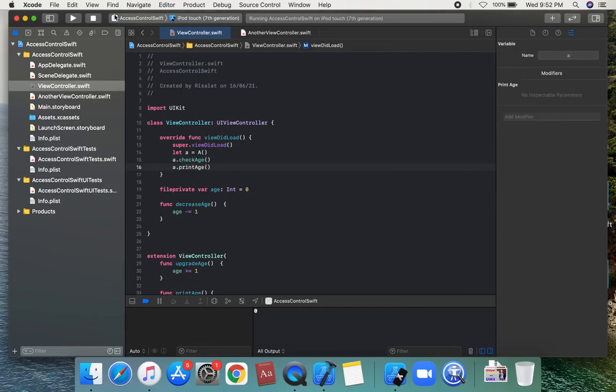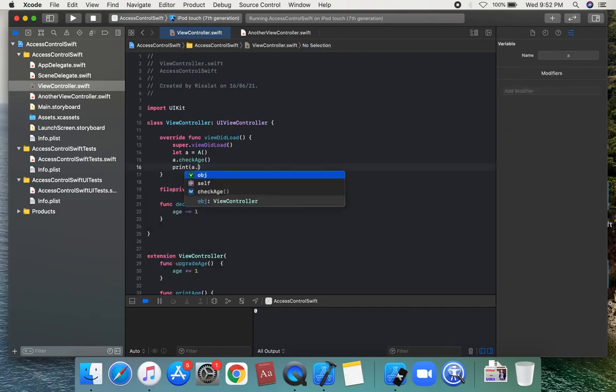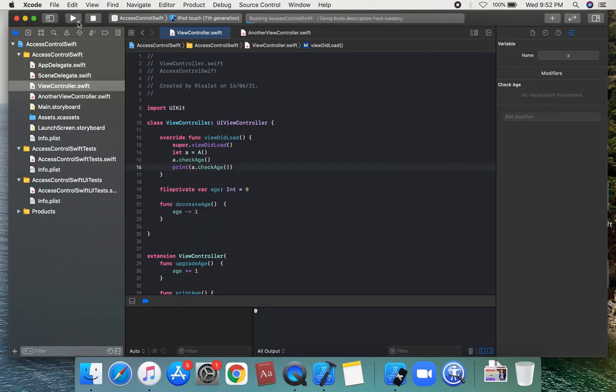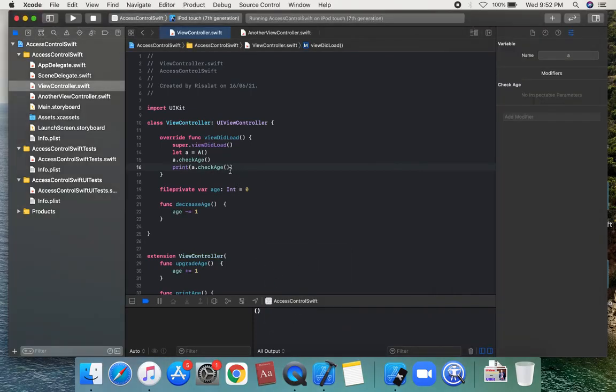A dot check age, and a dot check age dot, okay check age.